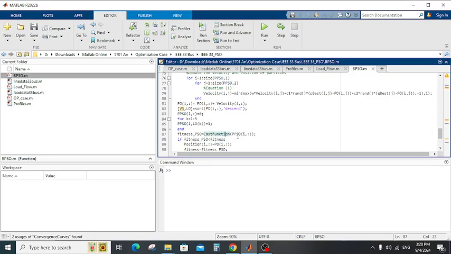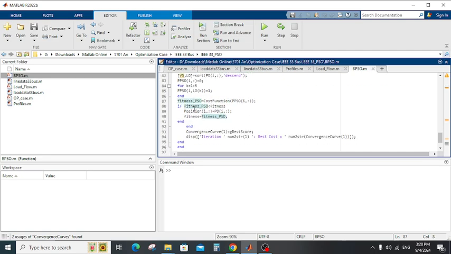And then we applied the new open lines, or the new configuration of the network, on the cost function or the load flow function to calculate the fitness PSO, and compared it with the current fitness value that we got. And then we stored the G best score in the convergence curve, displayed the convergence in the command window, and then repeated the process